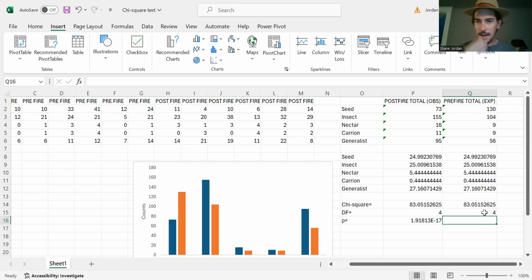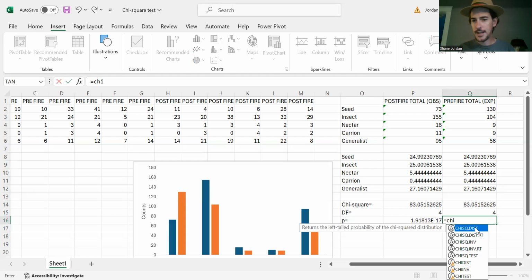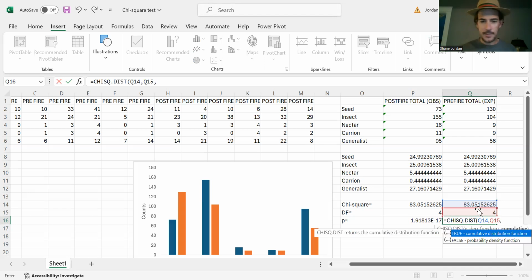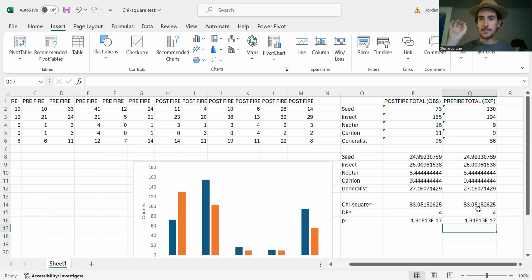The p-value can be found by using a function called chi-square distribution. So if you type CHISQ.DIST into Excel, it has a function that will calculate the chi-square distribution. And it has some arguments that need to be entered into the function. The first argument, x, is the chi-square value. The second argument is the degrees of freedom. And the third argument has to do with which distribution you want to test this against. So we basically would enter in our first argument, our second argument, and without going into nitty-gritty details, I'll just tell you that the third argument needs to be called false. Once the 3 arguments are entered into the function, you hit enter,